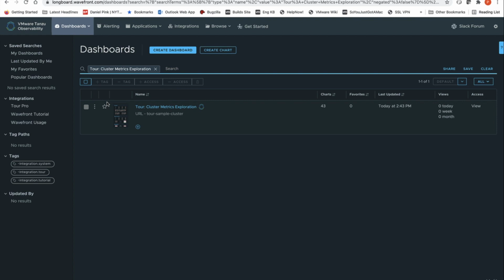And this narrows down the list to only display the sample cluster metrics. From here, you can click on the dashboard name to view it, but before we do, let's look at these options. The checkbox is used to